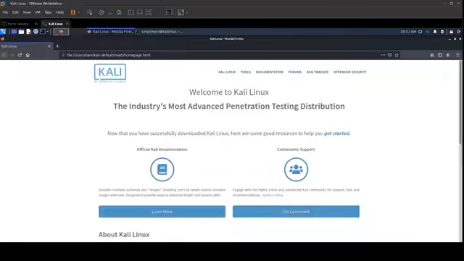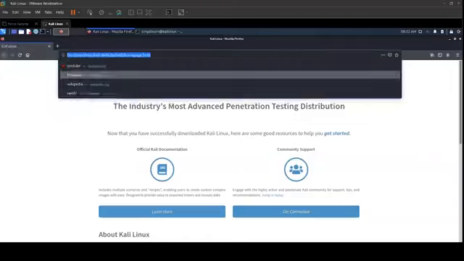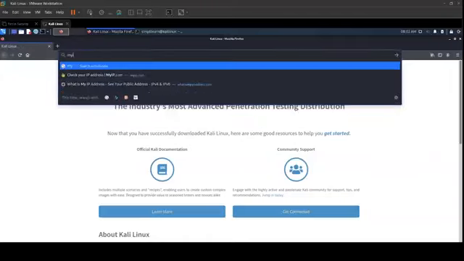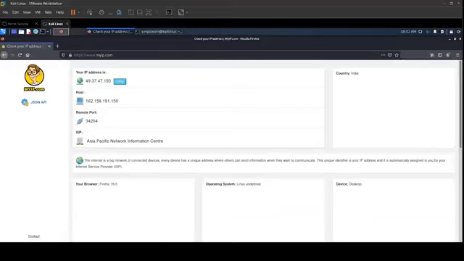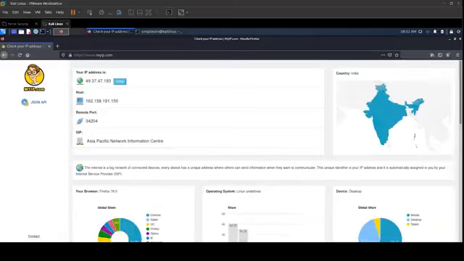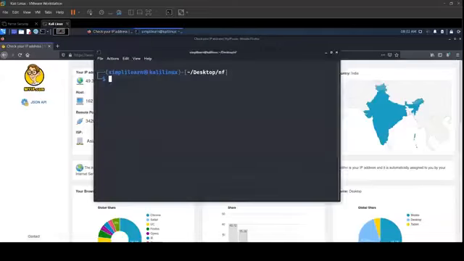As we can see, Firefox is now open. Let's check our current IP address right now. If we go to an address called myip.com, you can see it easily detects our country is in India and this is a public IP address. Now, if we move to the terminal again,